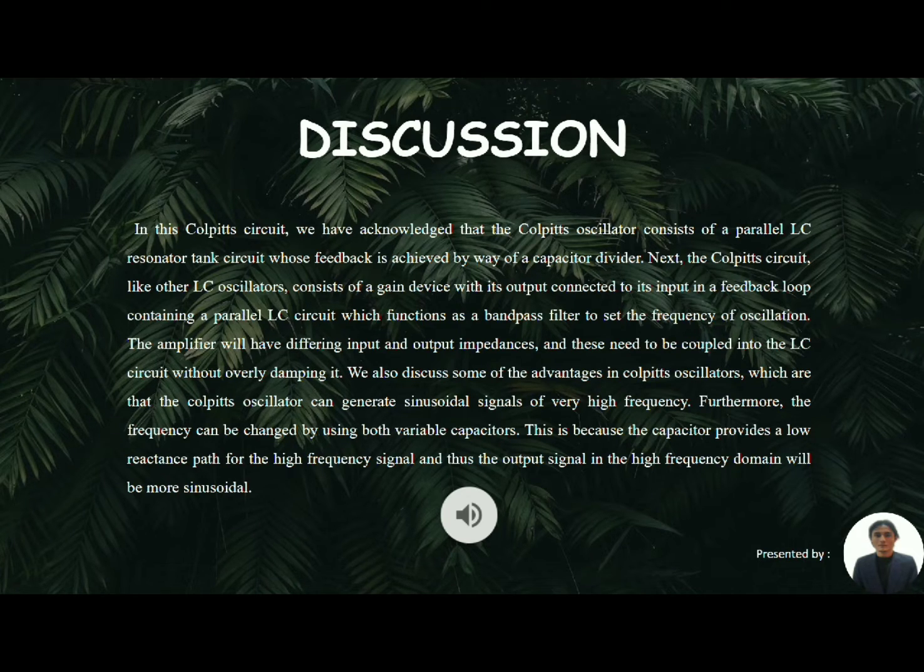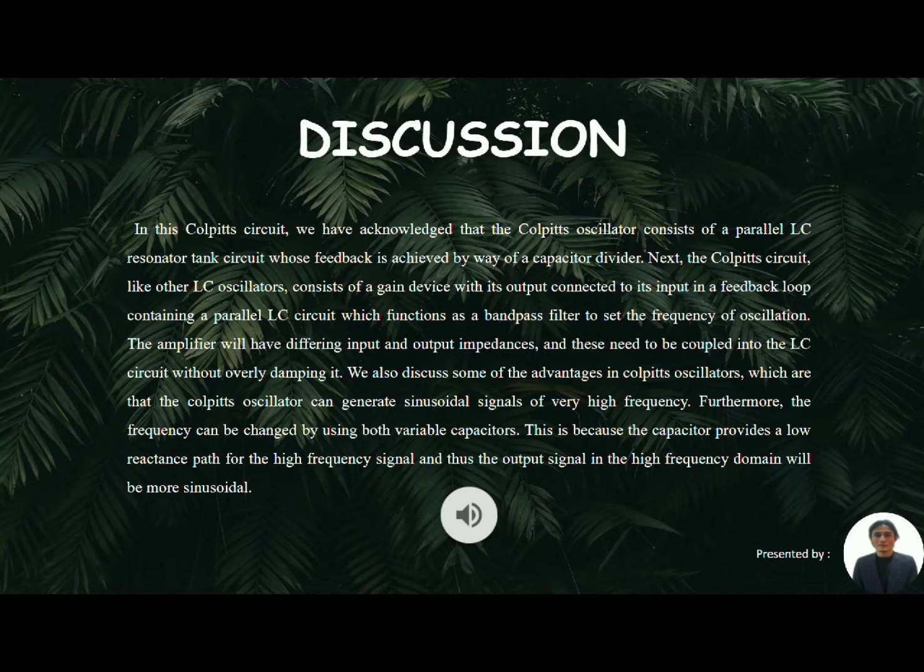Next, the Colpitts circuit, like other LC oscillators, consists of a gain device with its output connected to its input in a feedback loop containing a parallel LC circuit, which functions as a bandpass filter to set the frequency of oscillation. The amplifier will have differing input and output impedance, and this needs to be coupled into the LC circuit